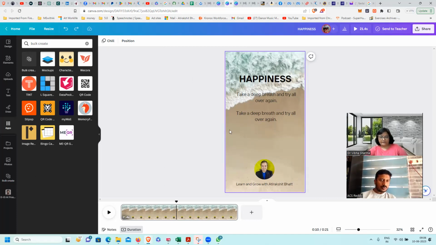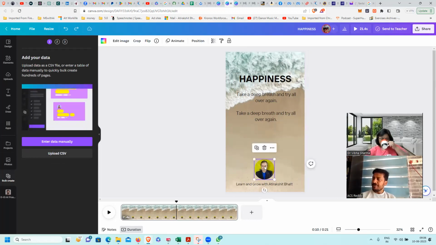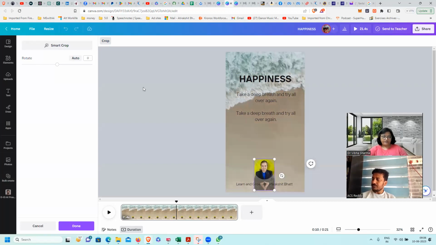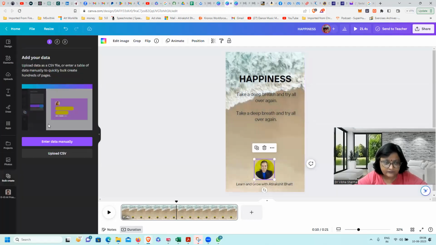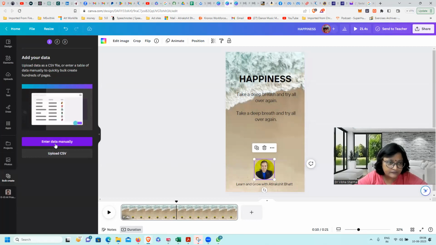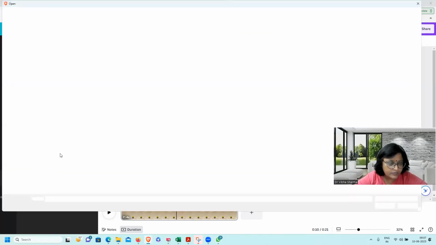So once my template is ready, I click on bulk create. I'll get two options: enter data manually, upload CSV. Since we have already created the CSV, I'll say upload CSV.